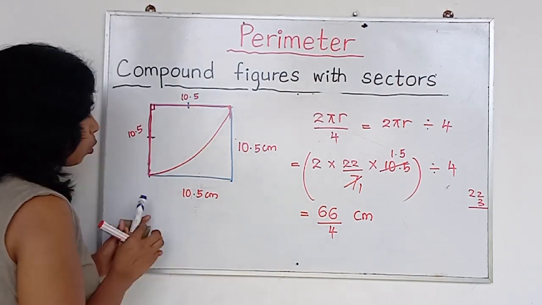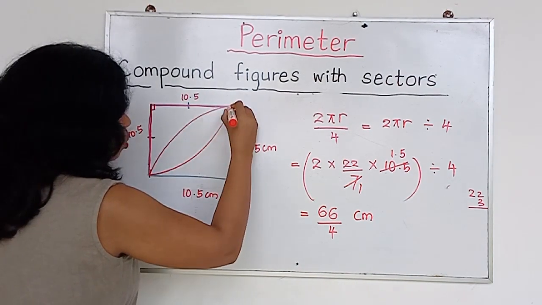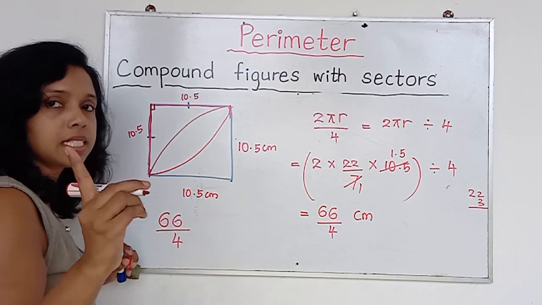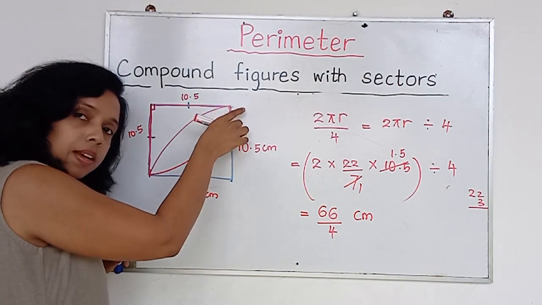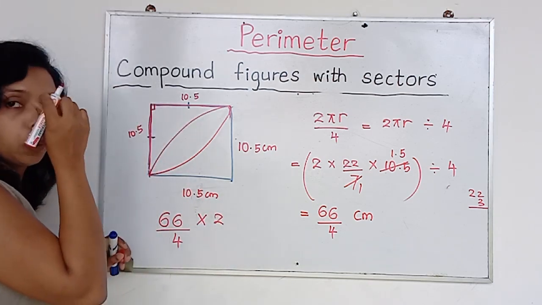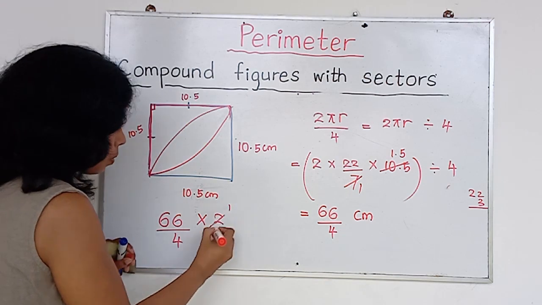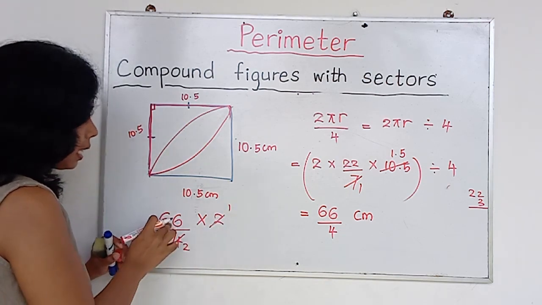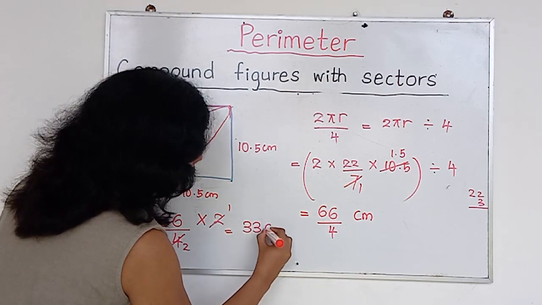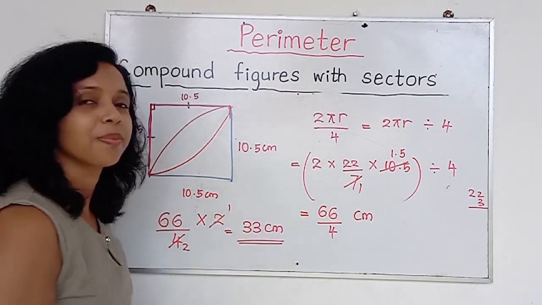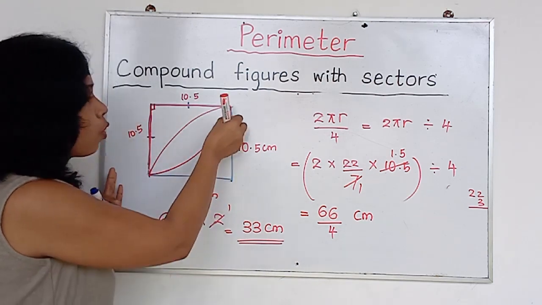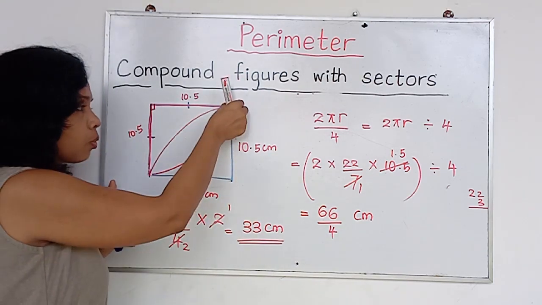Now tell me, to find both together, what do you want to do? 66 over 4 is one side, that means this part. Now you have a similar length like that, so you want to multiply this by 2. How do you simplify this? 2 times 1, 2 times 2. Then 66 over 2 is what? 33 centimeters. Okay, hope you understood this well, because here you want to find the outer boundary or the perimeter